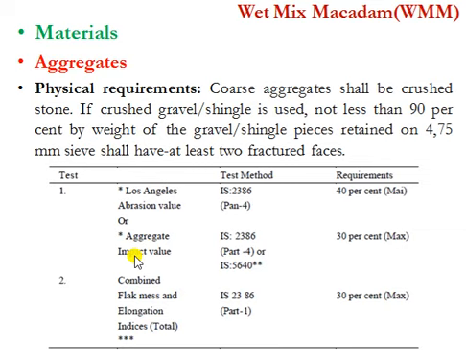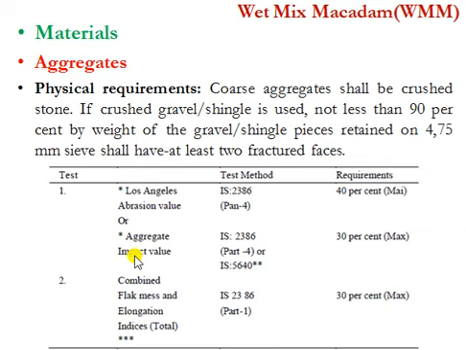So this is specified in IS 2386 part 1. The flakiness index and elongation index of an aggregate should be less than 30%, or a maximum of 30%. If the flakiness index and elongation index are more than 30%, then the material is not suitable for use in pavement, because with an increase in flakiness and elongation, the edges of the aggregate will become sharp and it will